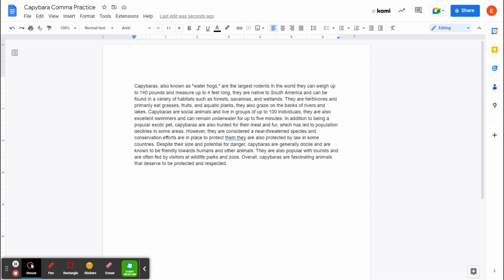When you actually go out into the real world, you're going to be looking for these comma splices and run on sentences. You're going to be looking for those in essays, right? In articles, in the real world. Okay. So here is my goal: to hopefully show you how to do that. So let's just take a look at this passage here and see where we can find either comma